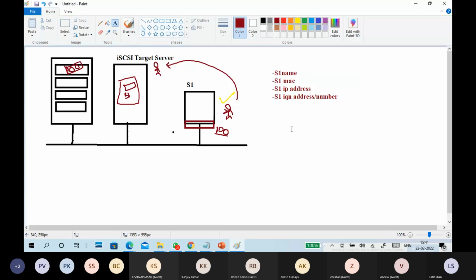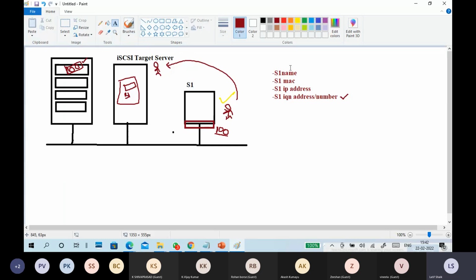So in this list, in the iSCSI target server, I will say this disk is for S1 by name, by S1 machine's MAC address, S1's IP address, or S1's IQN number, which is a unique number.